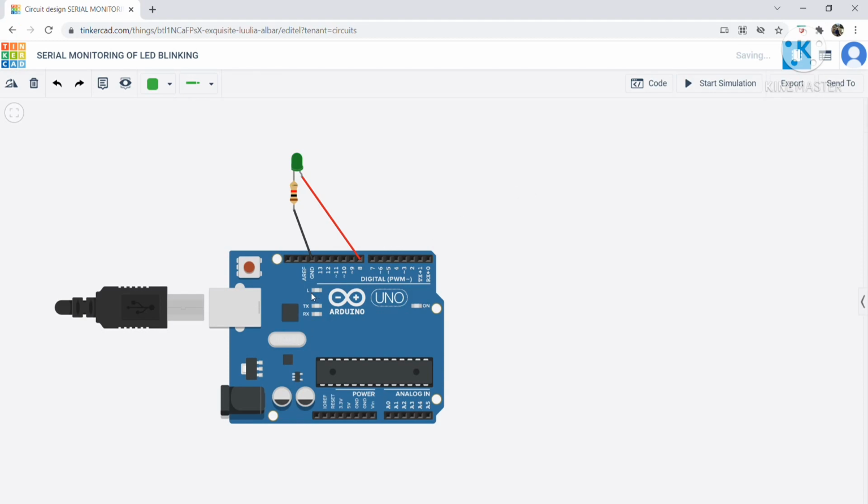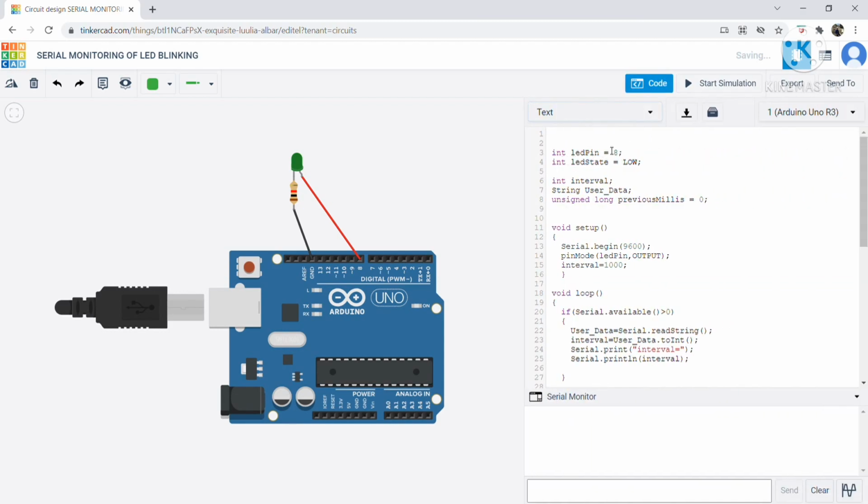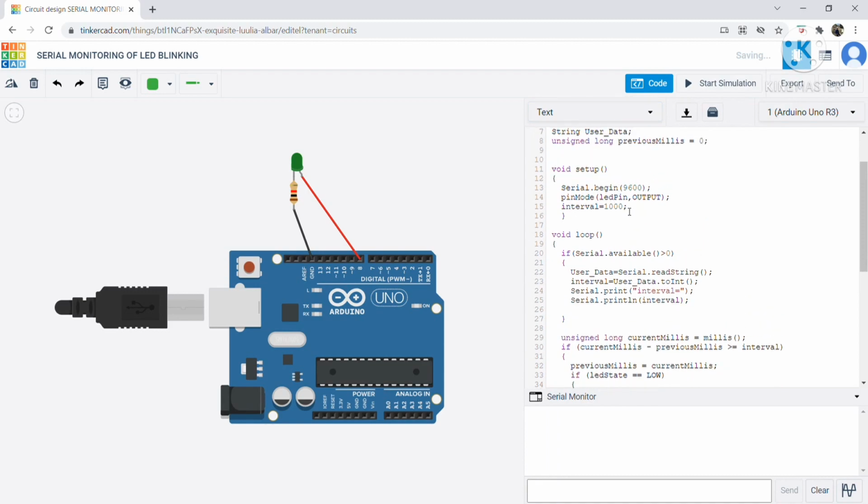Here we have taken this Arduino which is connected to this laptop using the serial monitoring, and we have taken this Arduino through the library of Tinkercad software, and we have connected this LED circuit to this Arduino. Here this LED is connected to the 8th pin of the Arduino and the ground, and a resistor is added in the circuit. Here we have written the code for the simulation purpose, and we have given the interval for the